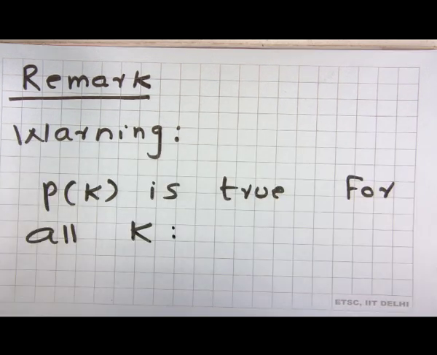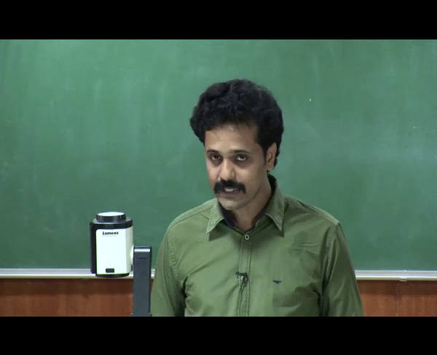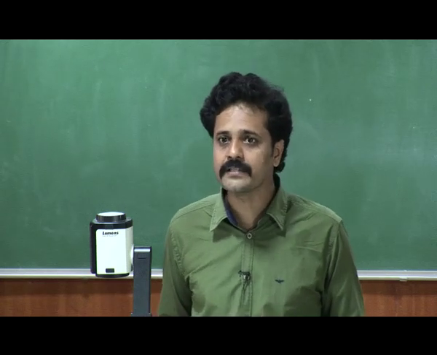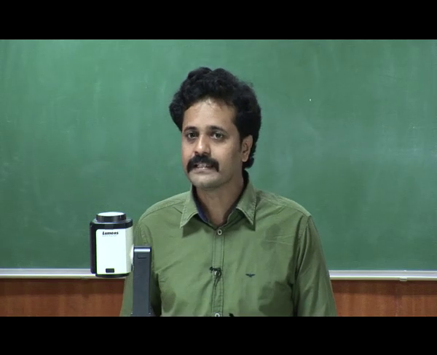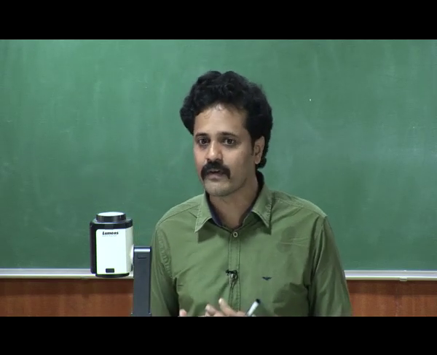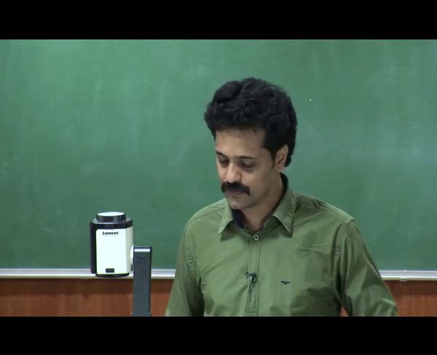Recall that what we intended to prove is P of n is true for all n. So, if we assume P of k is true for all k, it is something like we are assuming what we are supposed to prove. But